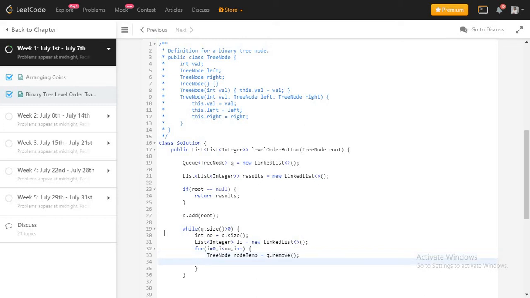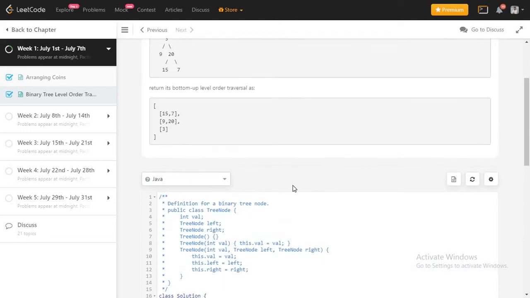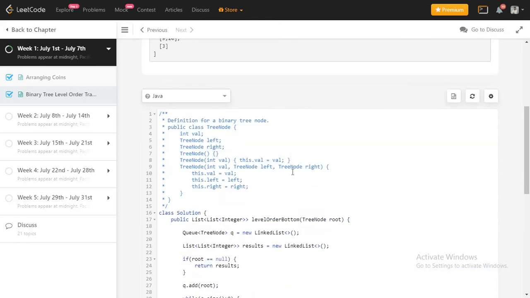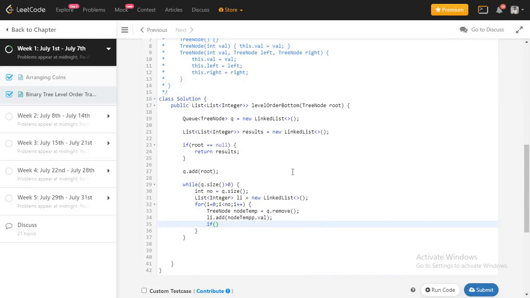Now whatever node is removed, I am going to store it in our list. But I need to store the value only, so node.val. You know that using that we are storing the node value. Now I need to insert its child nodes, whatever the child nodes of this root. In this scenario, the child nodes are 9 and 20. I need to push those in the queue and check. I need to traverse to the last.